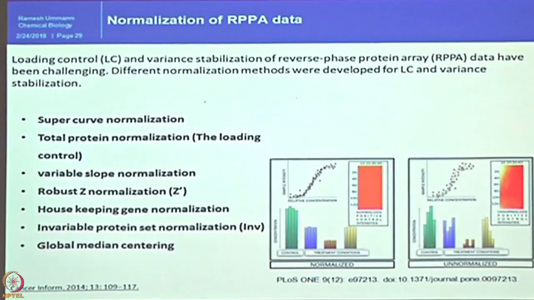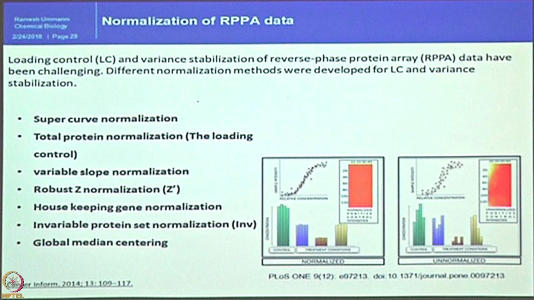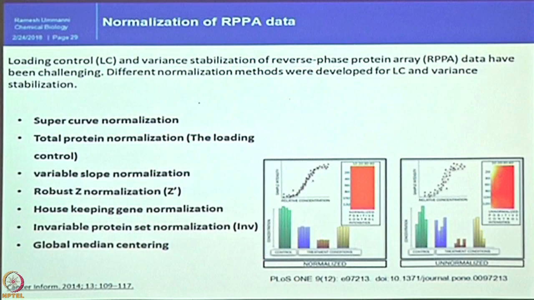very nicely and gently suggested you to follow these normalization methods. Particularly in RPPA data, normalization is very difficult, because the protein estimation and extraction steps cannot be implemented for 1000 samples in the same manner. It is very difficult. If you do 10 samples, you will have 10 different values in terms of protein concentration, in terms of the method you followed. So, to avoid that, different normalization methods have been developed for RPPA data.